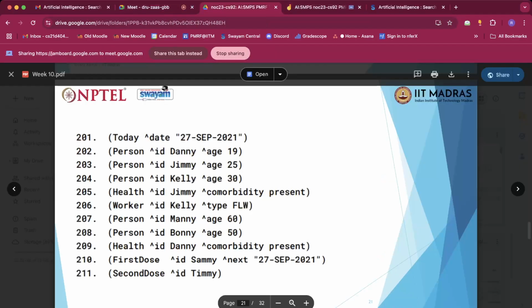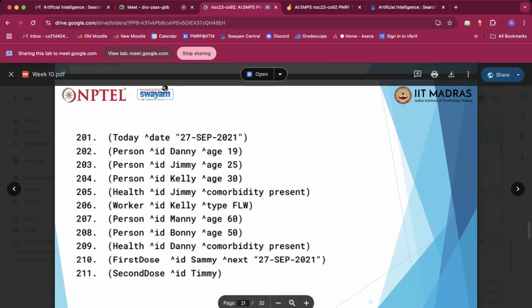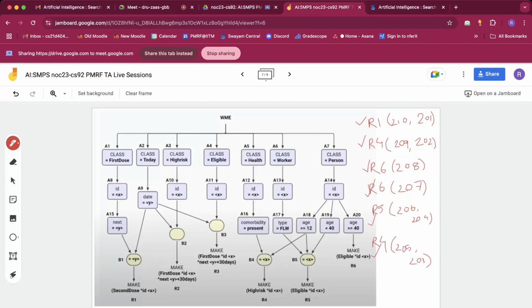Sure. So let's see what is 205. 205 is that the person with ID Jimmy has health comorbidity present. Okay, and the person's age is 25, which is what is given in 203. Now if we go to our rater net, if we follow this line of reasoning, a person whose ID is given by X, or Jimmy in our case, has health comorbidity present, and his age is